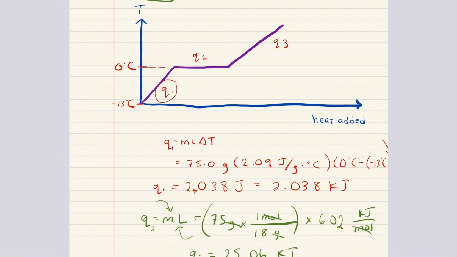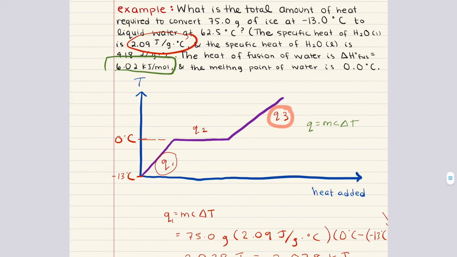Now we're left with our final segment, Q3. So this third step involves heating water from its freezing point to its final temperature. The heat for this step is going to be determined using our equation Q equals mc delta T. Remember, again, C stands for specific heat, and we're given that for liquid water in our question stem. It's equal to 4.18. We're also given the mass, 75 grams, and we can calculate the change in temperature as